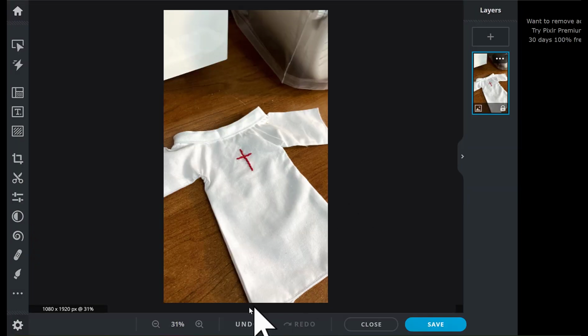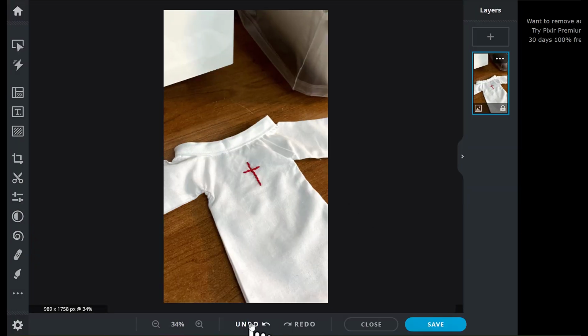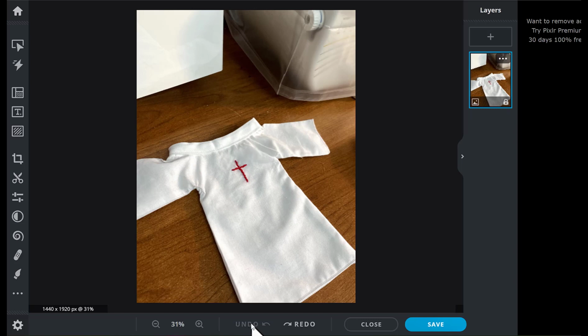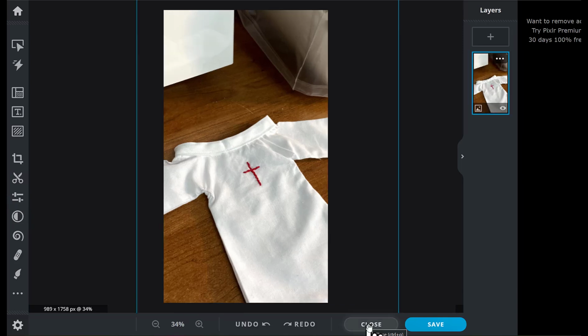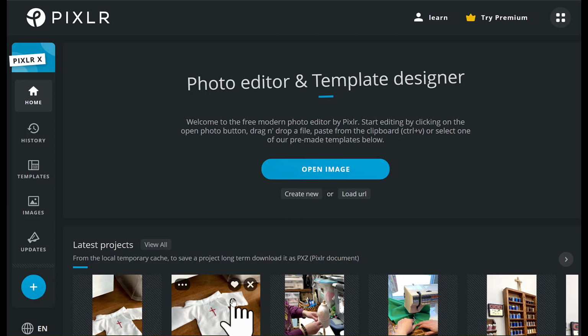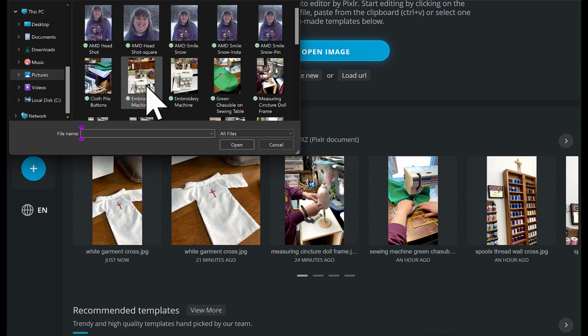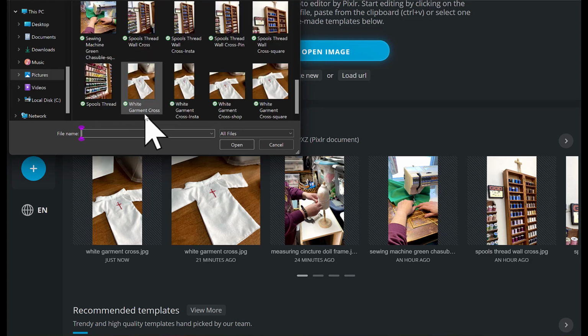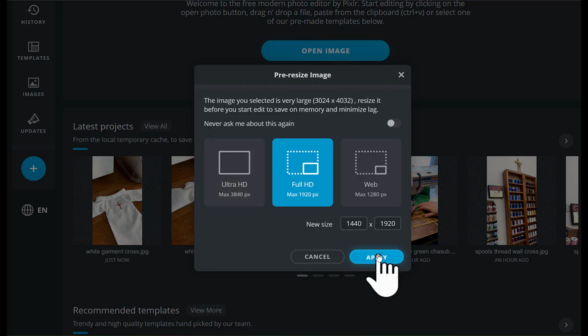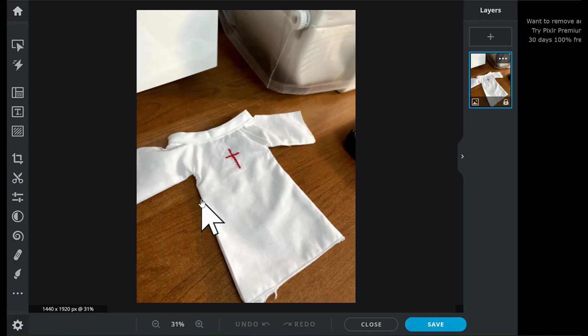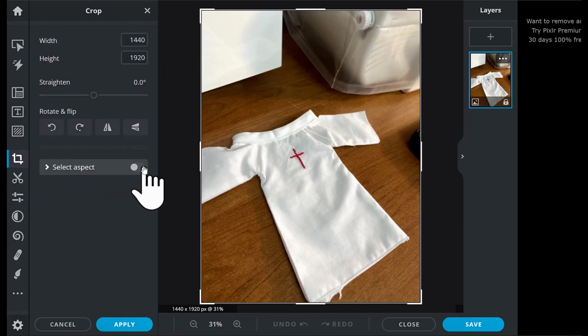Get rid of the ads. Undo. And undo again to get to the original. I'm in a situation where it saved it closer, so I'm going to reopen it from the original. Here's our full HD. Okay, our last situation is